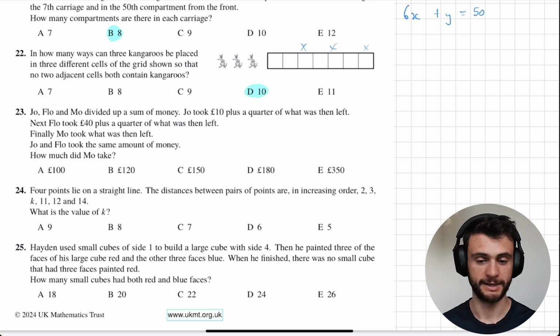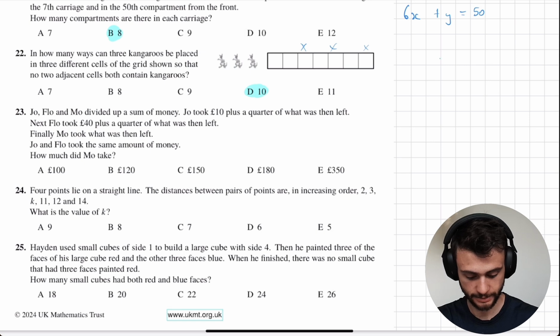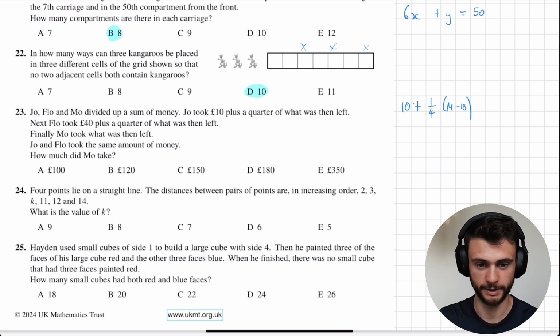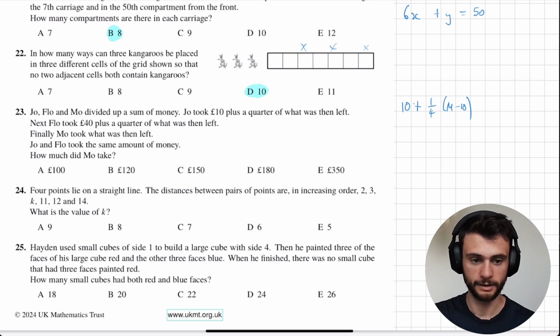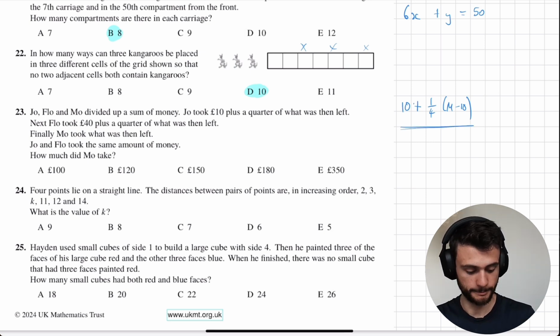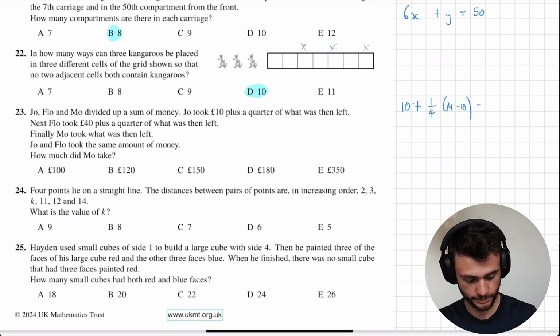So if the amount of money is M, Joe took 10 plus a quarter. So Joe's amount of money is 10 plus a quarter of the total amount of money minus 10. That is Joe's amount of money. So now the total amount of money left is M minus the amount that Joe took. And then Flo took £40